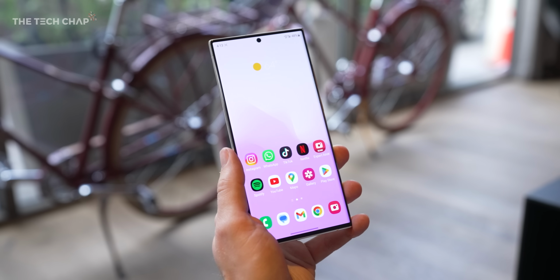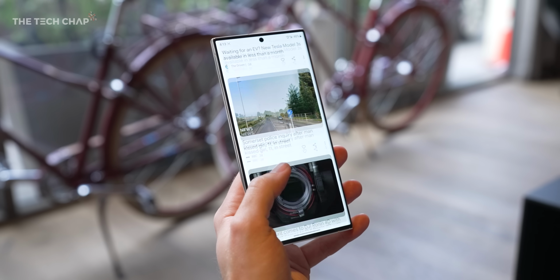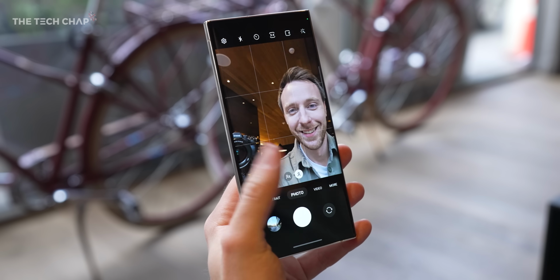Everything else though is all very familiar. If you've used a Galaxy phone for the past couple of years, nothing's going to really shock you here. We get Android 13 with One UI 5.1 on top, which has a couple of features like new modes and routines, and it streamlines some of the privacy settings, but it's nothing groundbreaking really. What I do appreciate is that we get 4 years of Android updates guaranteed with this,